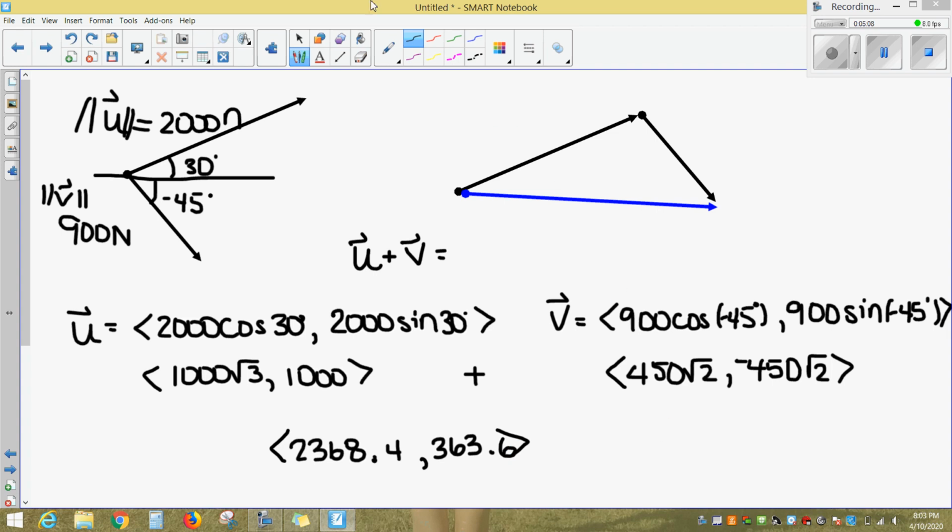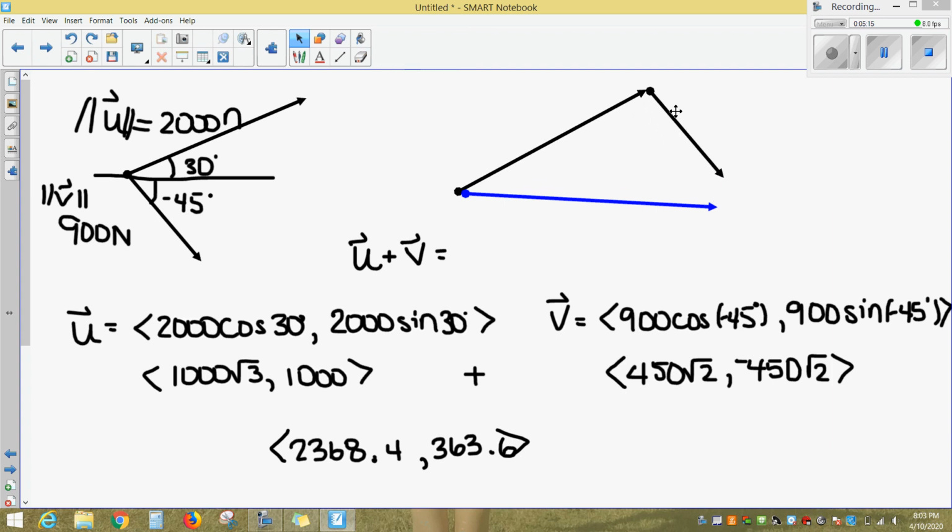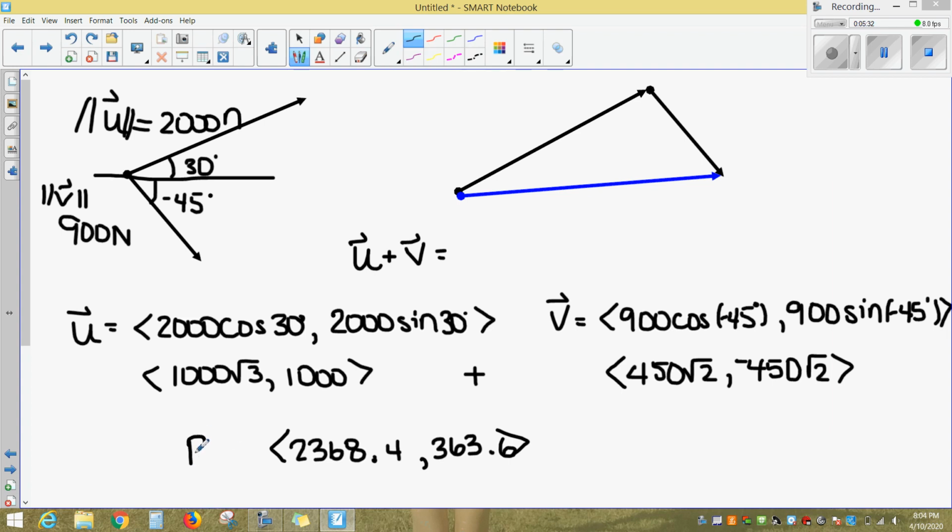Okay, so again, as I mentioned earlier, this vector really should probably be longer and up more, and this one may be a little bit shorter, relatively speaking. Okay, we're actually going up. We're going to the right a whole lot and up just a little bit for that vector. Now, I'm going to call this vector R for resultant. Maybe I should call it F for force, but too late now. If I want to know its magnitude,